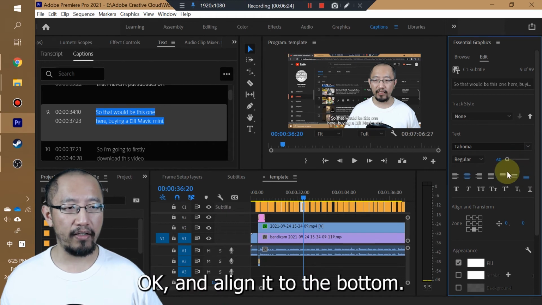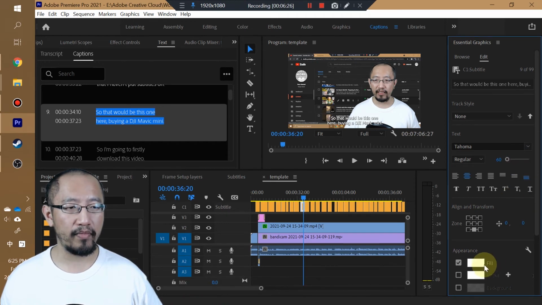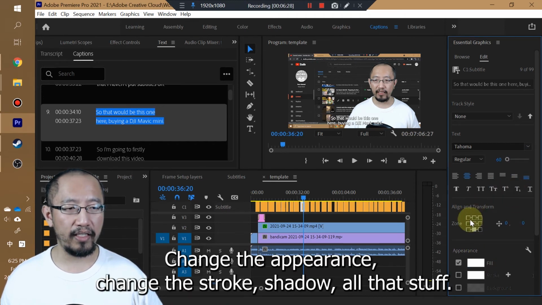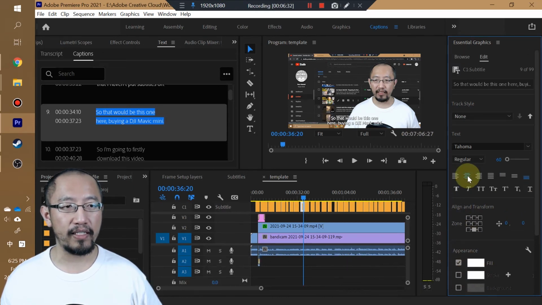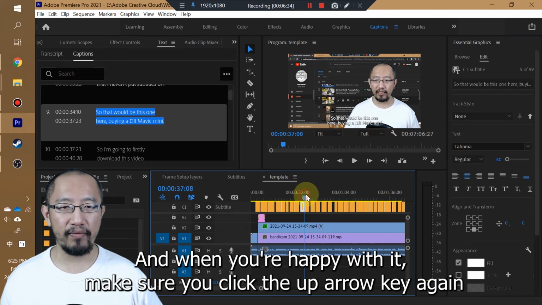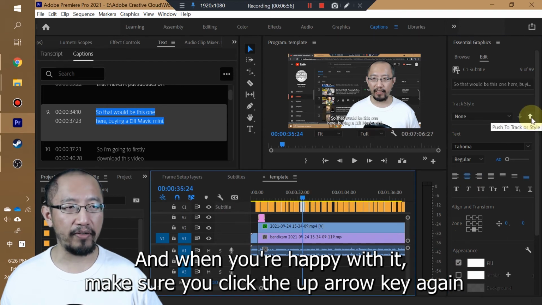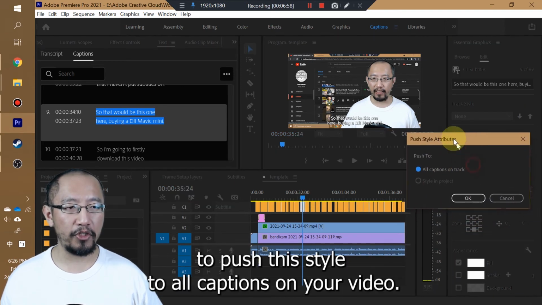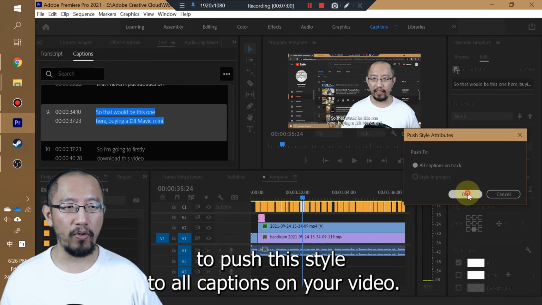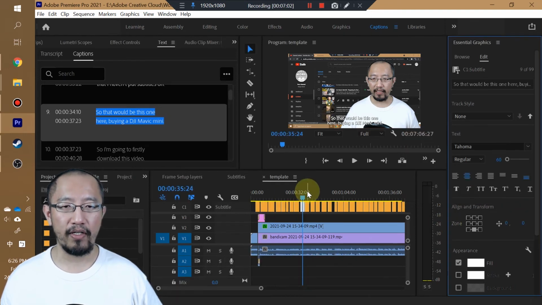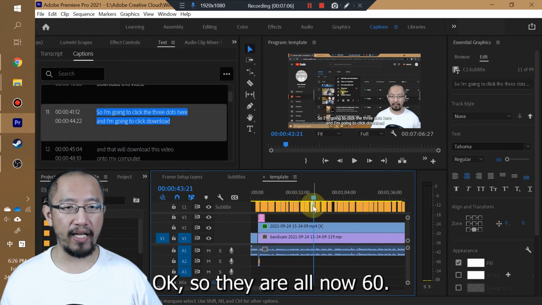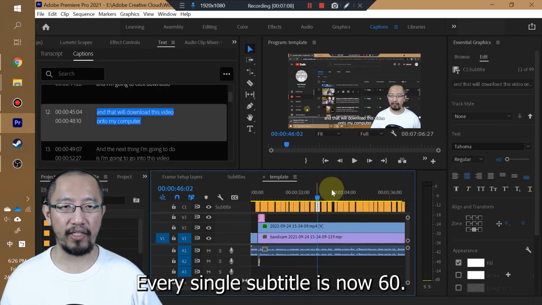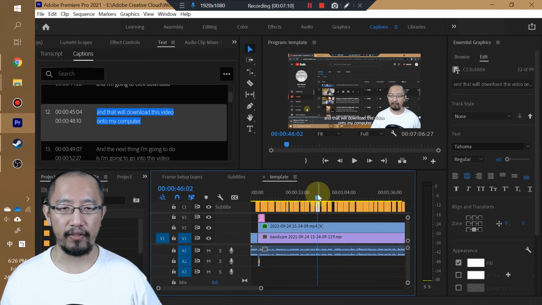Okay, and align it to the bottom, change the appearance, change the stroke, shadow, all that stuff. And when you're happy with it, make sure you click the up arrow key again to push this style to all captions on your video. So they will all be the same size. Okay, so they're all now 60. Every single subtitle is now 60.